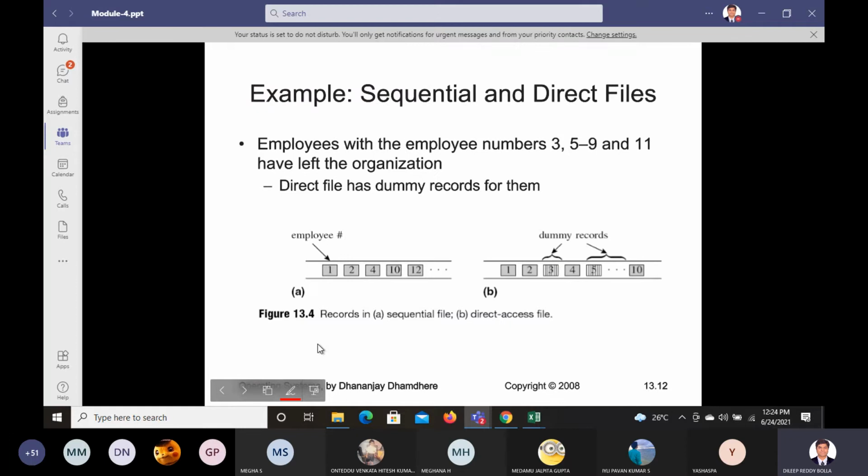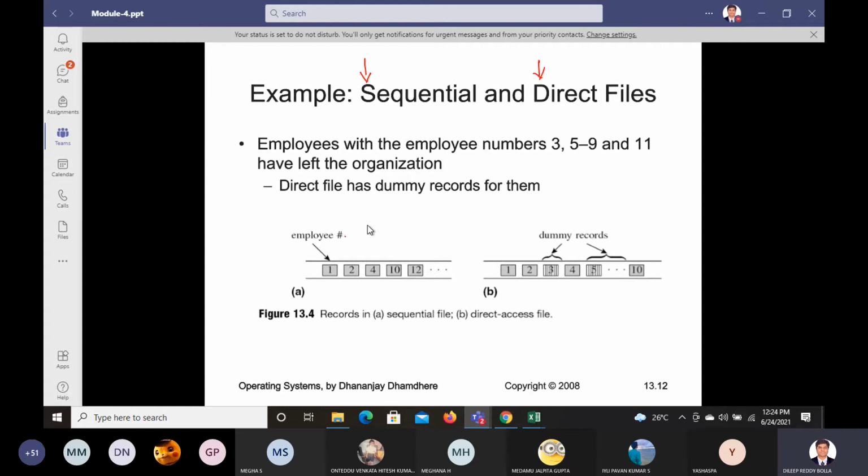Next, we'll see examples for sequential and direct: one example of sequential file access and one example of direct file access. See this one here.